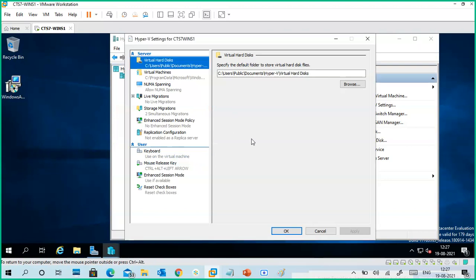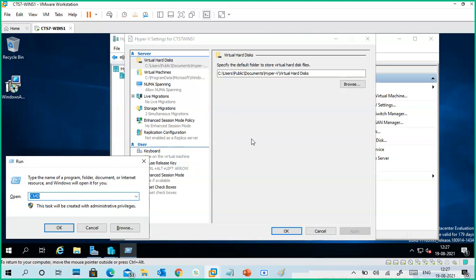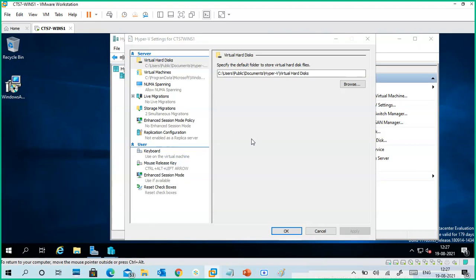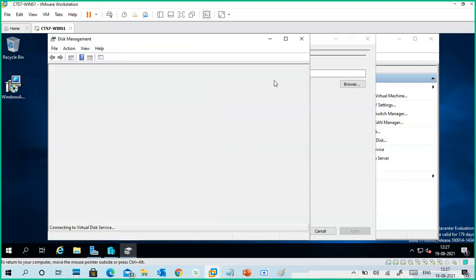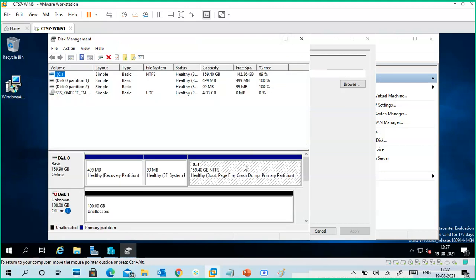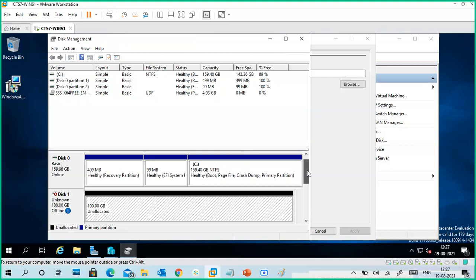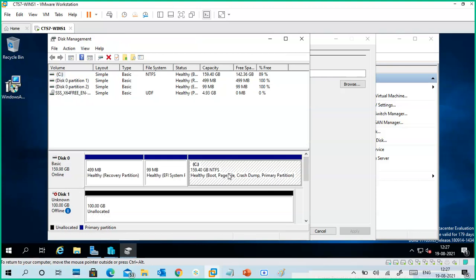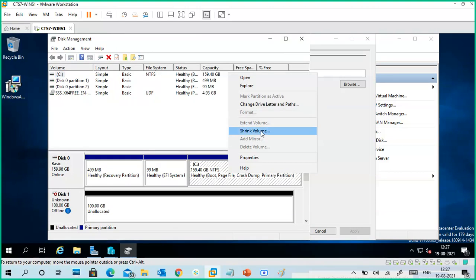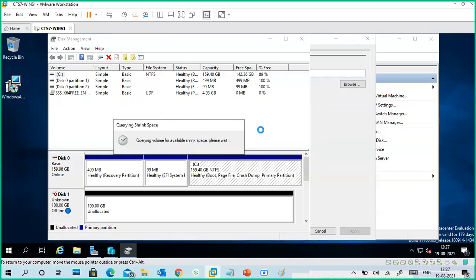Very good. Disk mgmt.msc, so I'm going to Disk Management. I have another disk also there. So I'm going to the C drive, shrink volume.